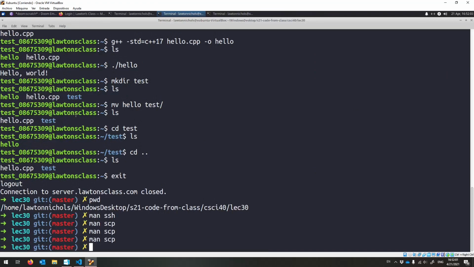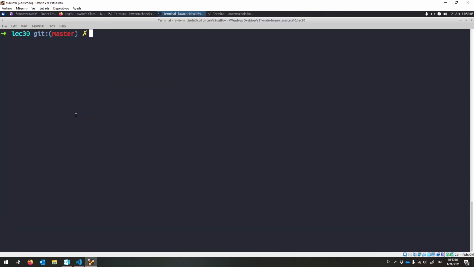Let's use it like cp to just copy back what we had. Okay? So I'm going to say scp, what do I want and where do I want it? So I want that hello.cpp file, and I want to put it in my current working directory, but this hello.cpp file is on the server. So where exactly is it? It's at test 0867539 at server.lawtonsclass.com: and then it's in my home folder, and it's the hello.cpp file there. Okay, I want to copy all of that one file to my current working directory, which is the dot. Okay, and if I hit enter, it'll ask me for my password,